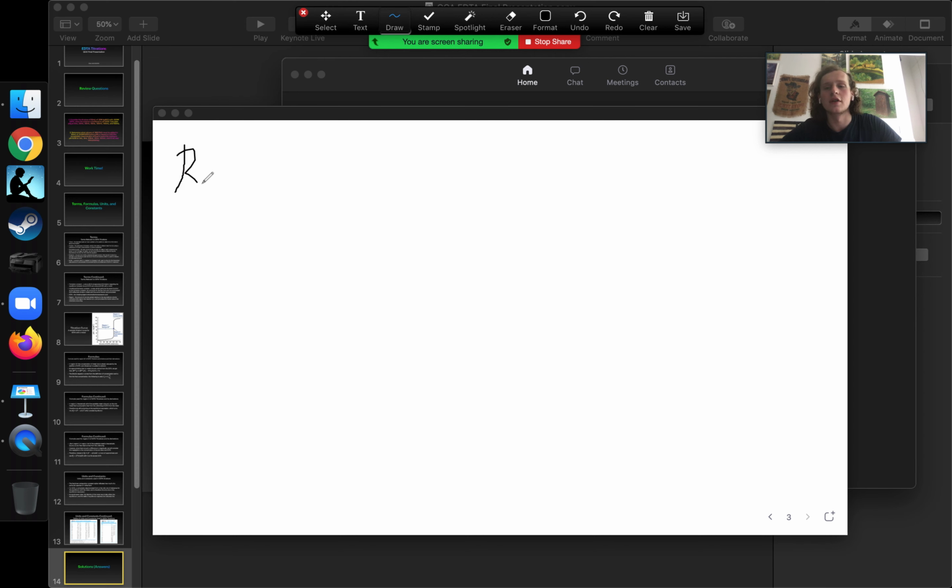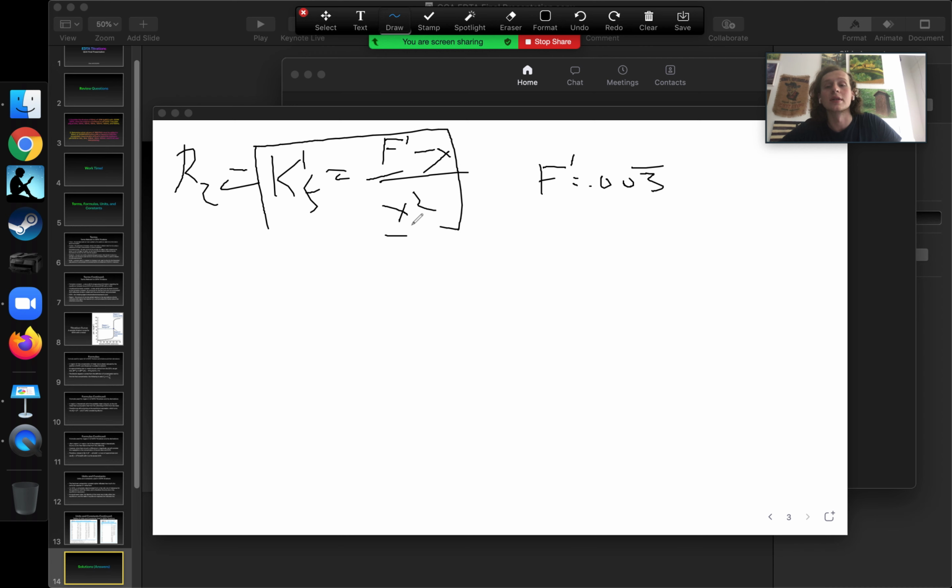Region 2, we're going to use the formula that we've just derived, which is that K prime F is equal to F prime minus X over X squared. In this case, F prime is going to be 0.01 times 50 over 100, which is going to be 0.003 bar. We can solve this for X by looking at this expression and realizing that we can subtract K prime F on both sides. If we do that, we want to find when 0 is equal to F prime minus X over X squared minus K prime F. If we plug that into a calculator of some variety, and we set this equal to Y, and we want to find when Y equals 0, we get that the X value is equal to